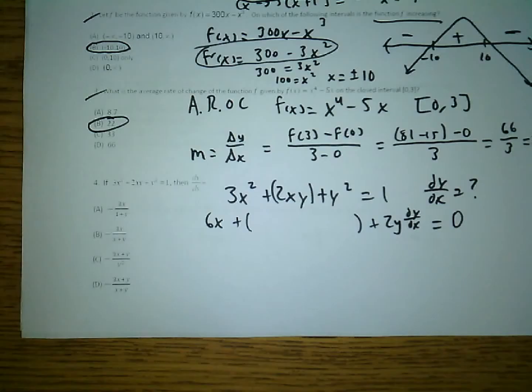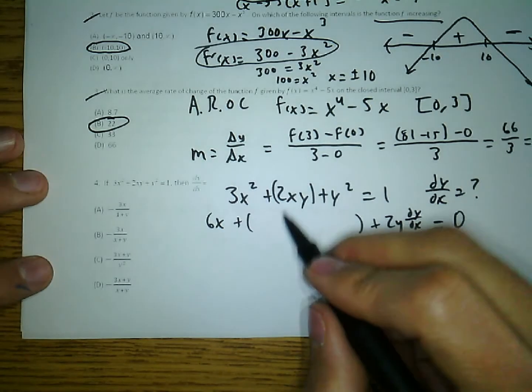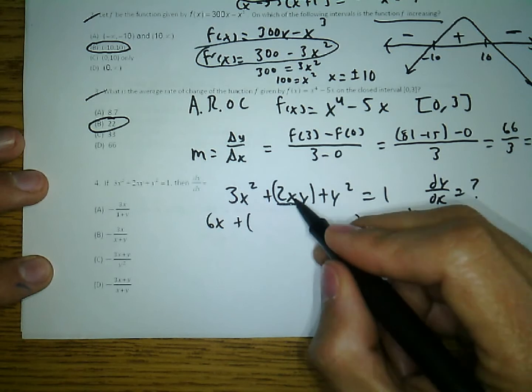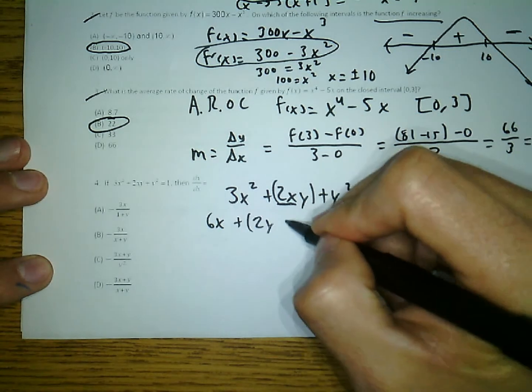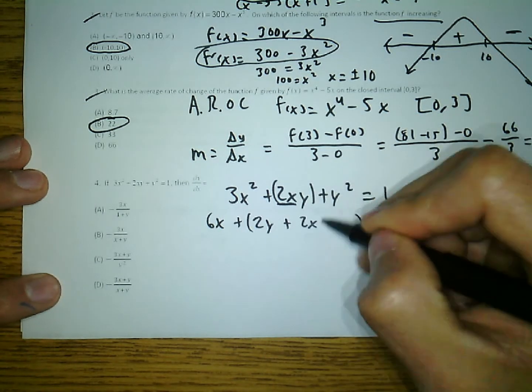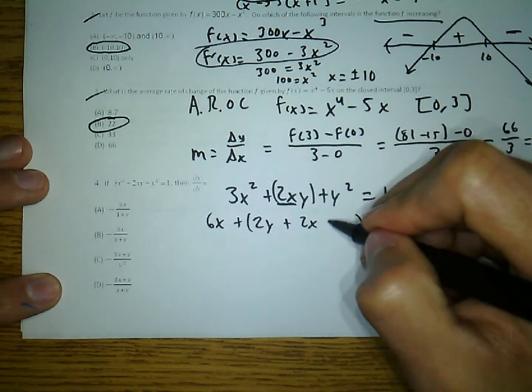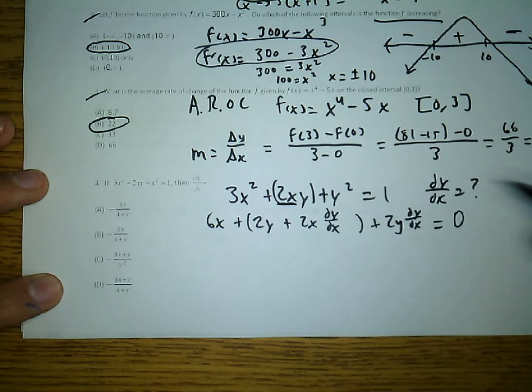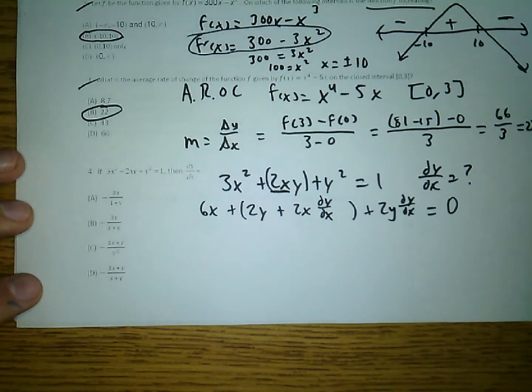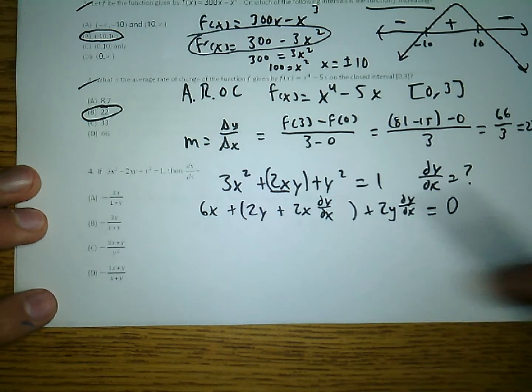Okay, so let's go ahead and take this as a product rule. So I'm going to use this first. The derivative of 2x is just going to be 2 times y, plus, I'm going to leave the 2x alone, and the derivative of y would be 1 dy dx. Okay? So remember, with implicit, now we want to get all the dy dx's on one side